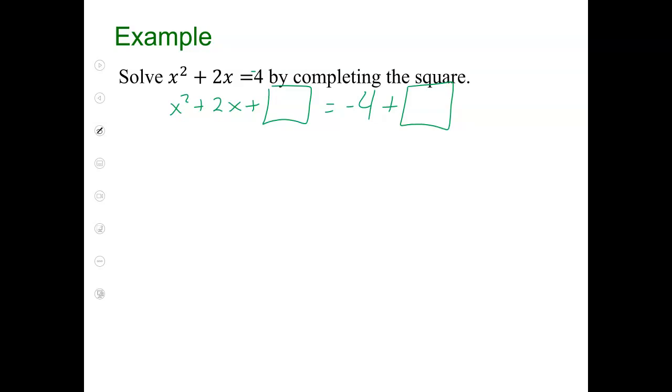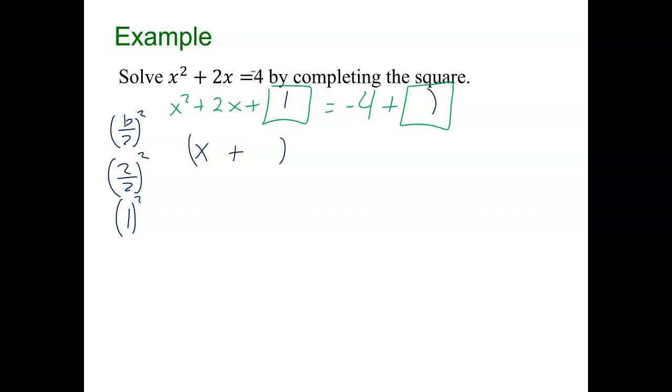Okay. Okay. Be plus or minus? Plus. Which is what? B was divisible by 2, so we divide it. Okay? X plus 1 squared equals negative 3. Square root both sides. Okay? X plus 1 equals